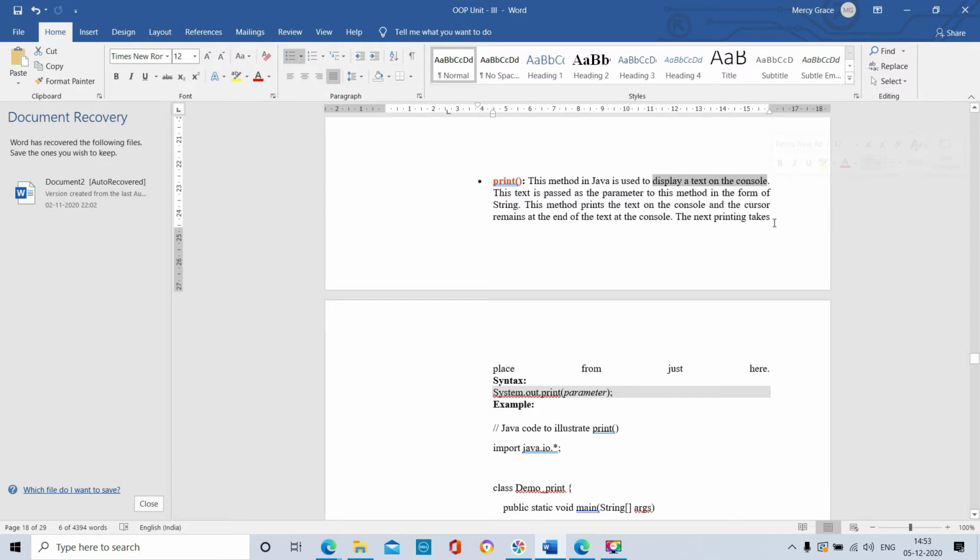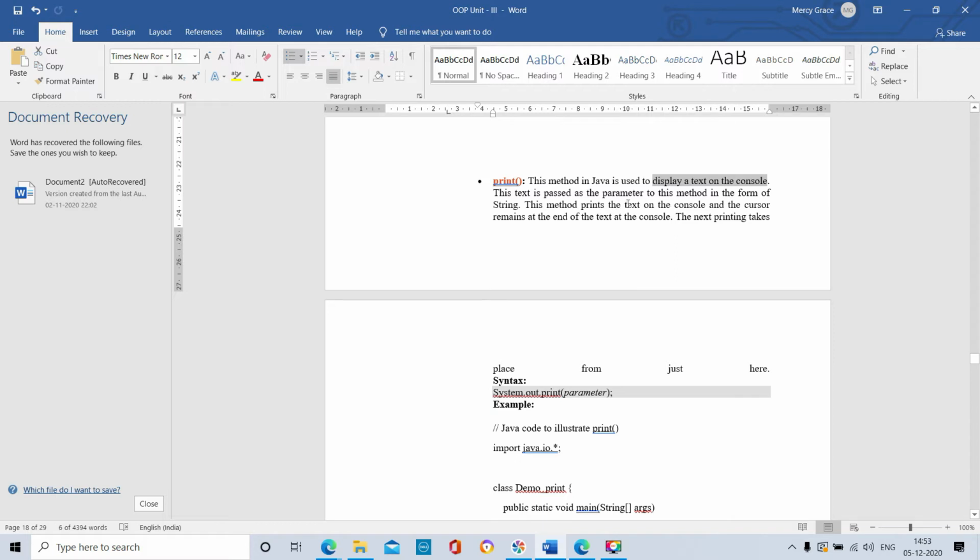Console means the command prompt; in the command prompt, we are getting the output. This text is passed as the parameter to this method in the form of a string. So this method displays the parameter in the form of a string.